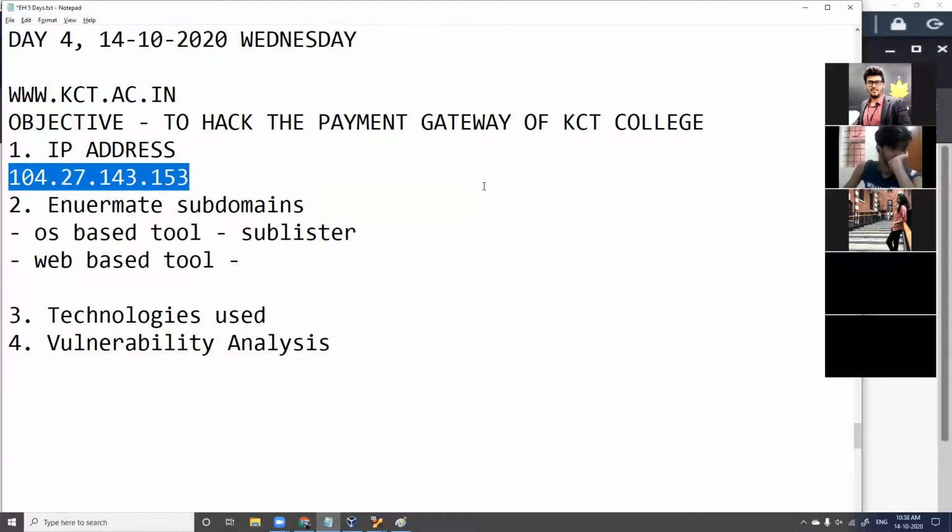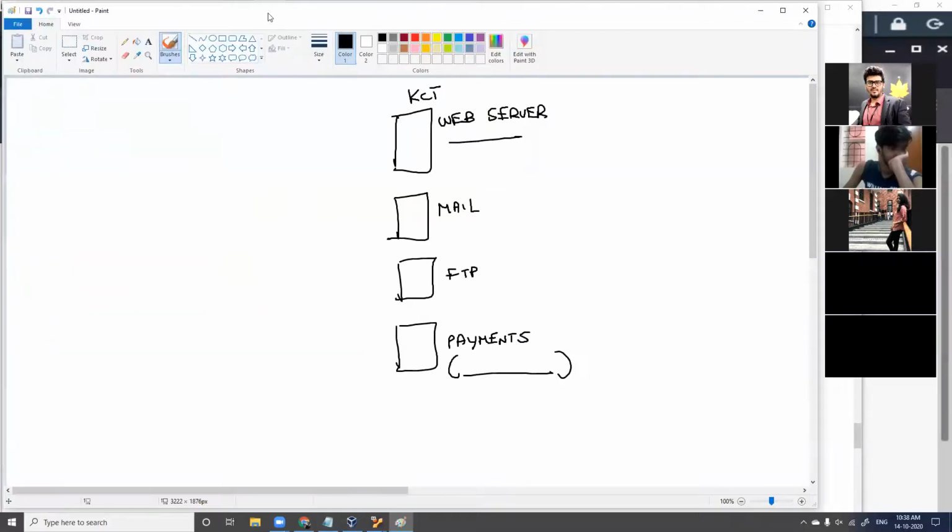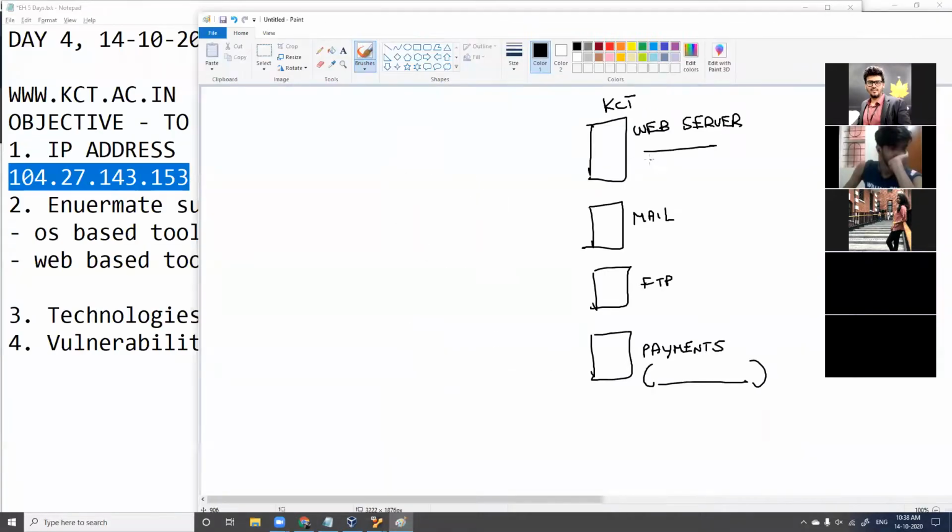The IP we have got here is 104.27.143.153. That's perfectly fine. All the other servers, the mail server, FTP server, and payment server, can have a single IP address like this. This is possible.